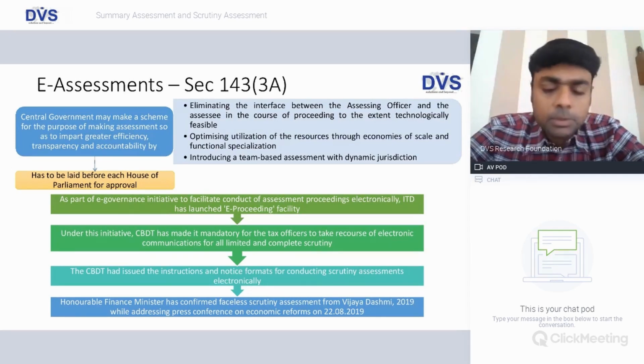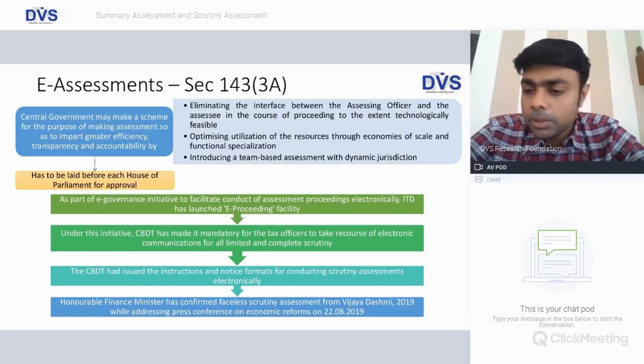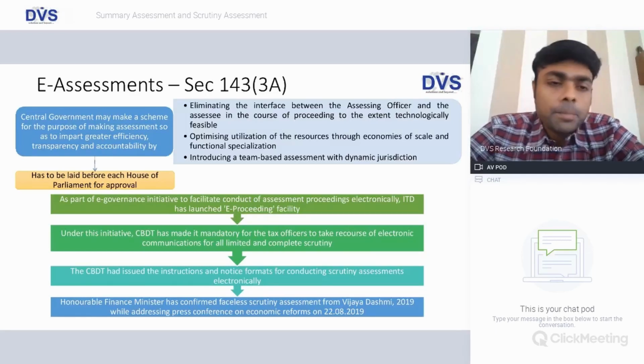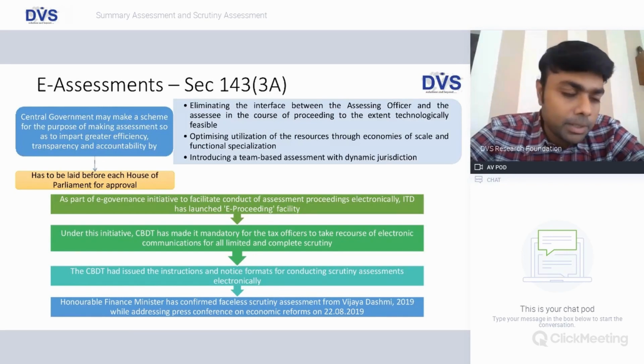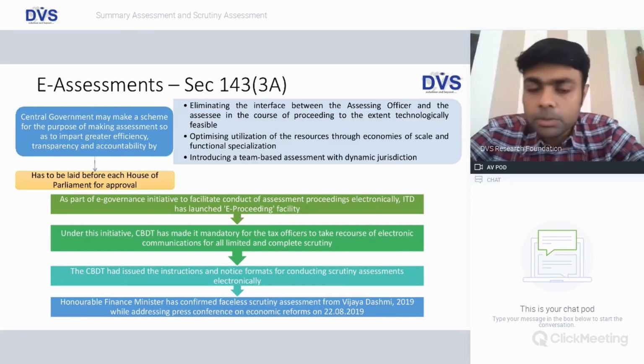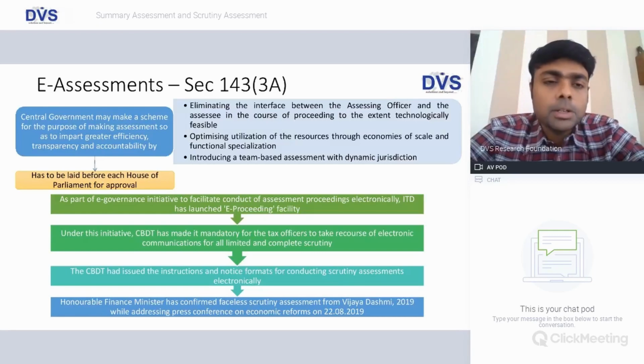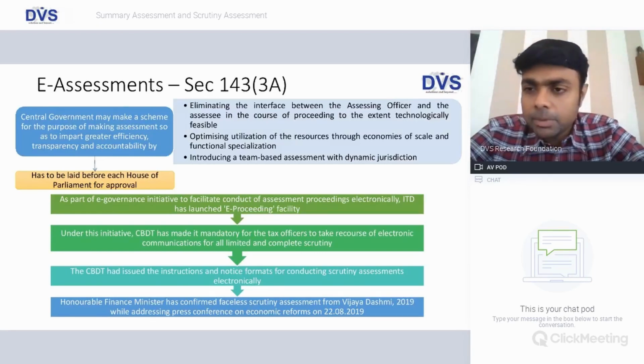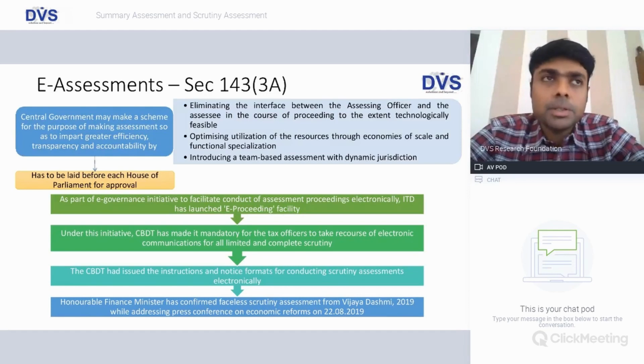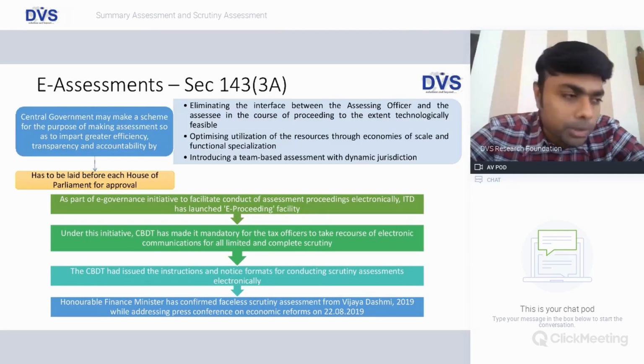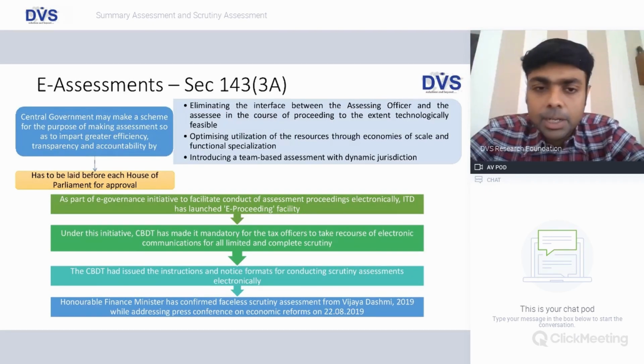So let's take the case of a scrutiny assessment. A 143 notice is issued together with a questionnaire. The representative of the assessee, invariably either a senior employee or the chartered accountant, goes to the assessee's assessing officer, meets the assessing officer, and then submits the information which is required. Then an assessment happens based on the data furnished. A lot of allegations have happened in the past in terms of corruption, connivance, or various other practices which are not very advisable. To ensure that this case for human intervention is completely eradicated,